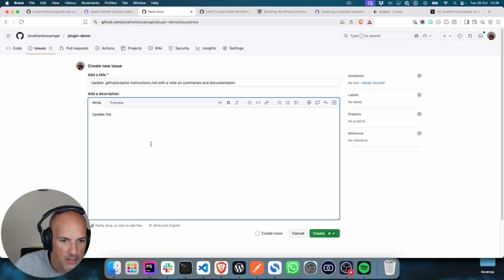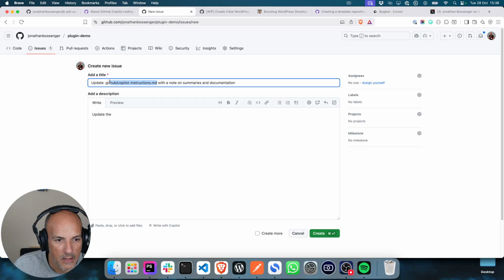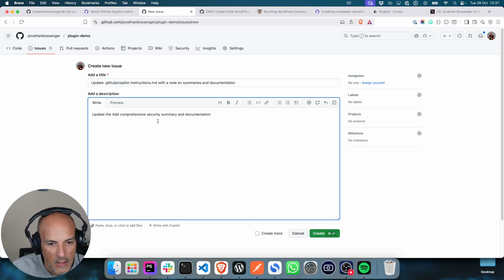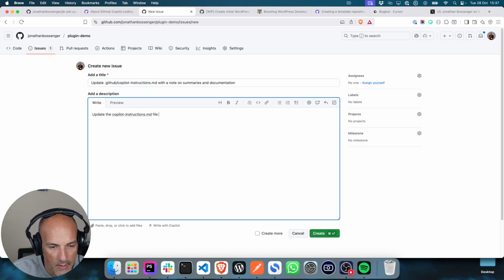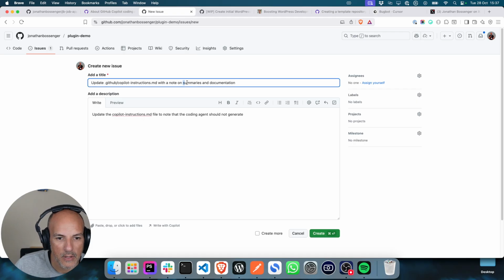Update the file to note that the coding agent should not generate, oh wait, the note on, this is what I want to say, generating